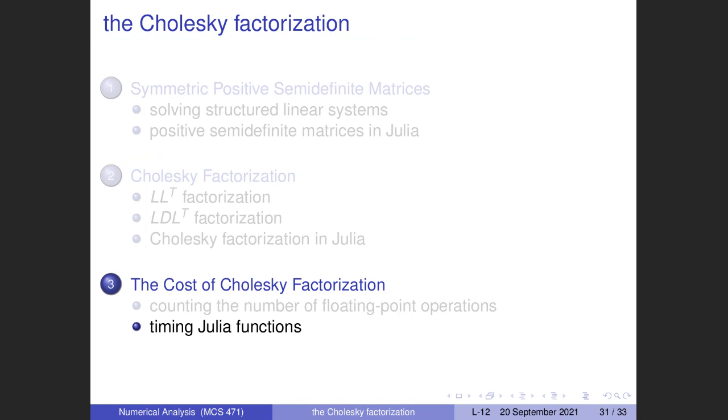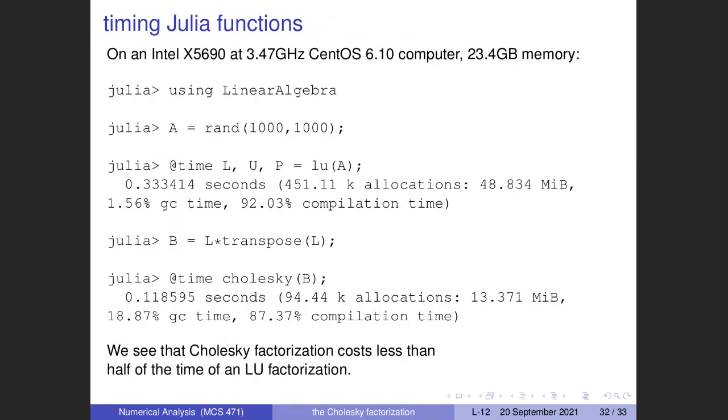All right, so now comes almost my most important slide, computationally. Does this actually really matter? Well, here is a very simple experiment in an interactive Julia session at the terminal. I did this on a not so recent computer. The computer is 10 years old, but it still has a fast processor and also large memory. And I would expect that for today's modern computers, holding a 1000 by 1000 matrix in memory is not that